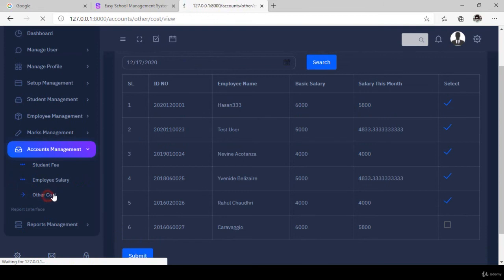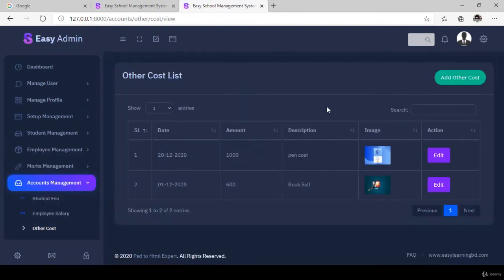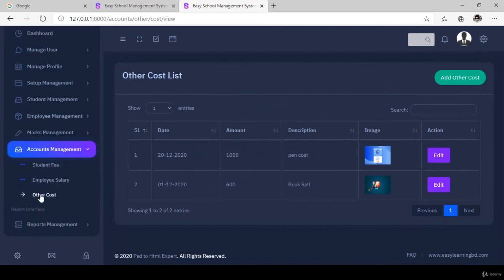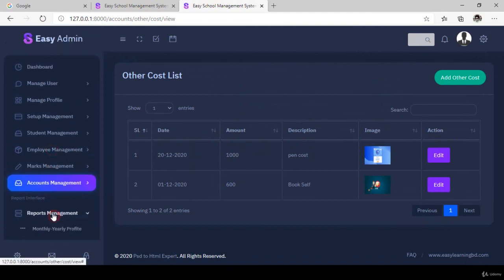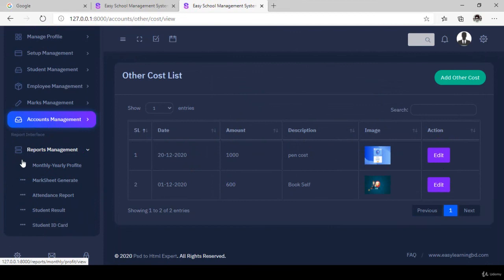And also there is another option for the other cost. That means if you want to add a new other cost, you can add it here. And then the most interactive part, the reports. For the reports you can get the monthly and yearly profit report,